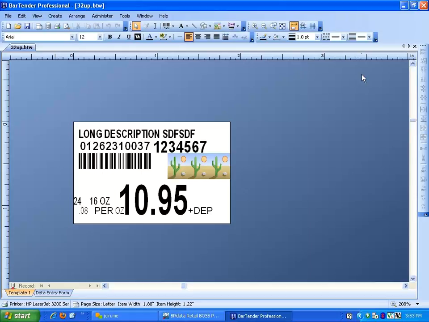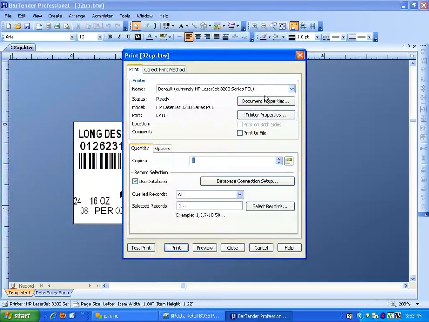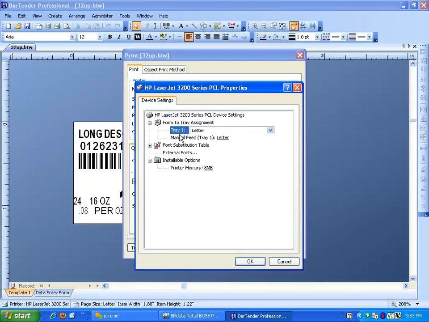that's in the file. One other thing, if you come up here and go into file and you can go to print, you can actually, up here on the document properties and the printer properties, go into your specific printer and tell it what tray you want that template to print from by default. So sometimes if you have multiple trays and you want it to always print from a different tray, you can